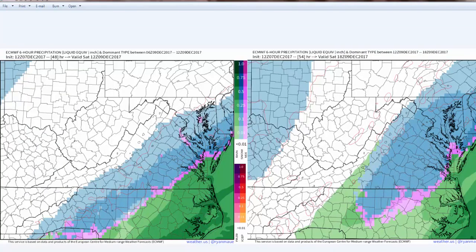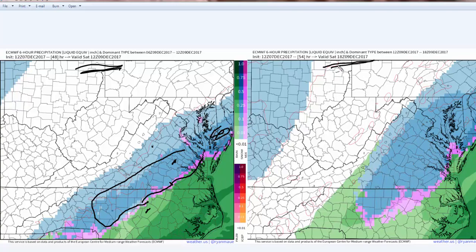Now this is the precipitation type from the European. The image on the left is valid 7 a.m. Saturday morning. So we can see that here. Let me get a marker. 7 a.m. Saturday morning. And you can see snow, Greensboro all the way down here. This is Raleigh, so it's raining in Raleigh. And then a mix over Emporia, and then to Williamsburg it's mixing. But Richmond is there, snow. They got light snow in Charlottesville, close to Roanoke, Lynchburg, that sort of thing, D.C. And then moderate snow also up into southern Delaware and Maryland Eastern Shore.